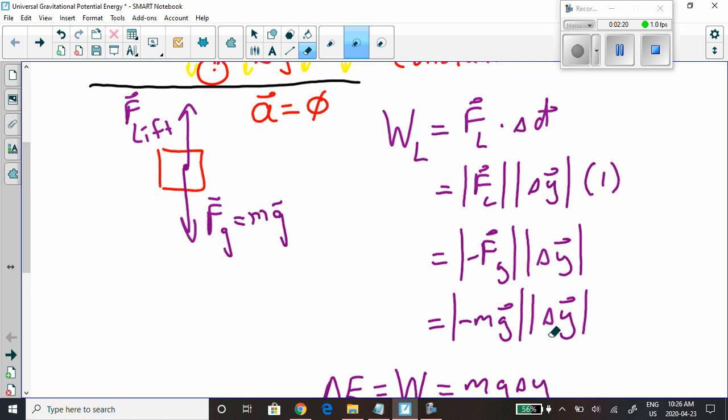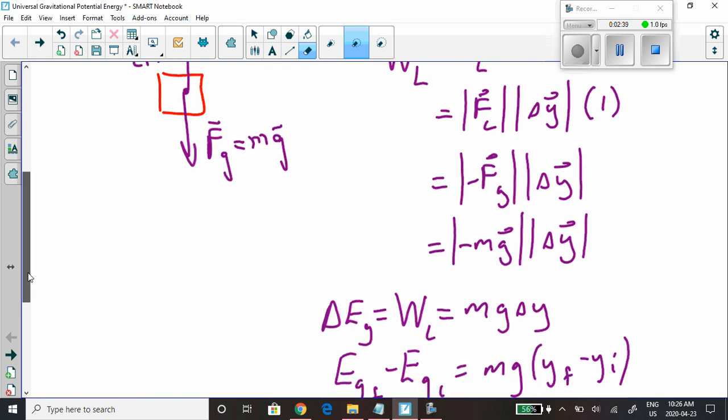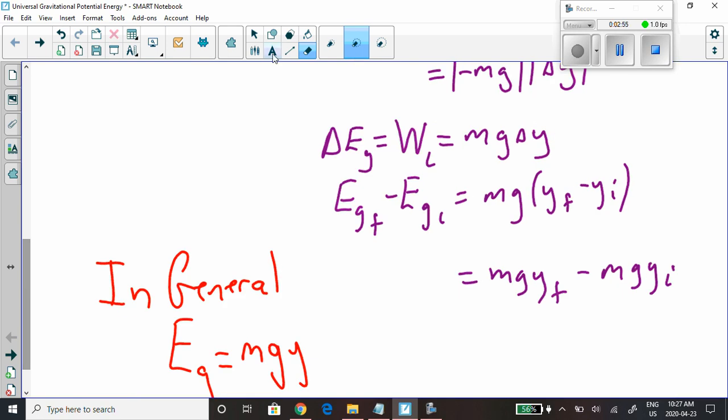And look here, they're all within magnitude signs, right? So we're only interested in the magnitude, not the direction. And we would get mg delta y, which we knew would be the work done by the lift force. And we know that work is change in energy, so we would know that that is a change in the gravitational potential energy. And change in means final minus initial. There you have it. Change in is final minus initial, so I've gotten rid of the deltas and put in that it means final minus initial, which then would mean that we'd have a situation where we would have an